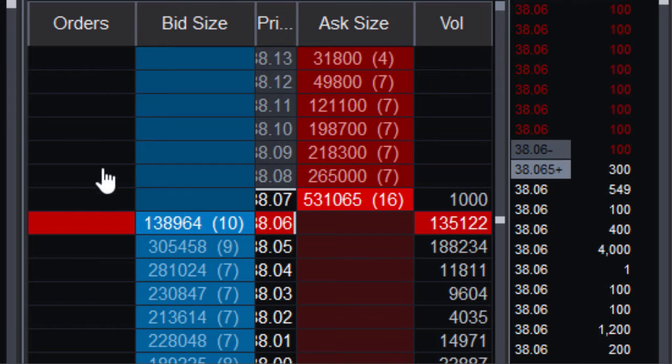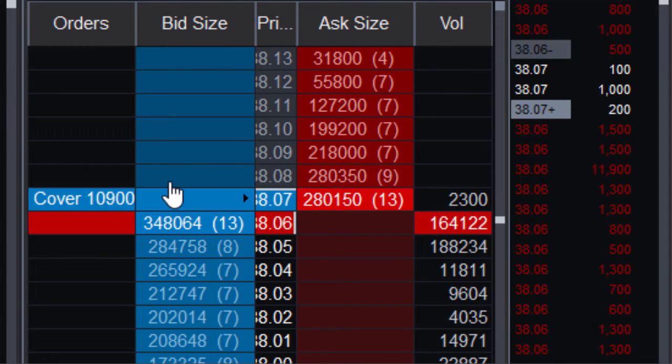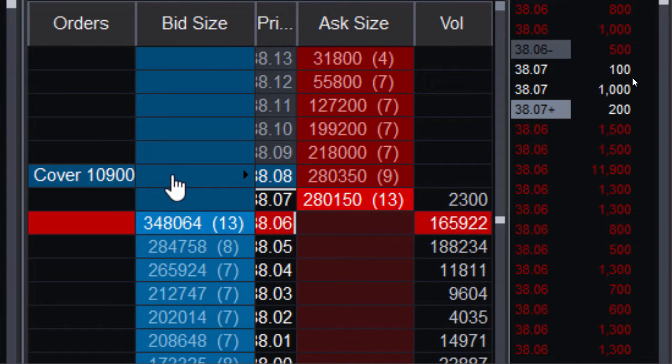So I click, other people click. See that? All these shares trade, you miss them, they already passed by. It goes from 123 to 165. So about 42,000 shares trade there at that moment. And as soon as those shares trade, that bid pumps up to 300,000 plus. And that 550,000 that was on the offer drops to 280.